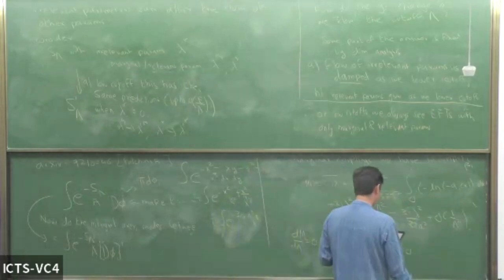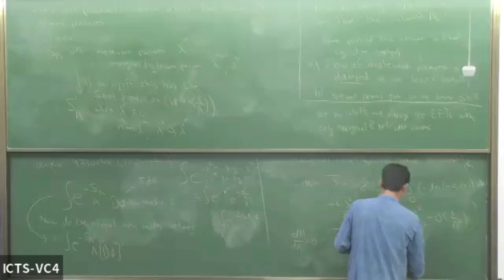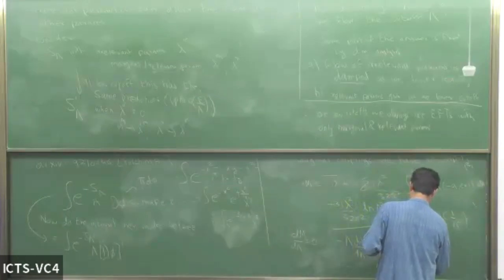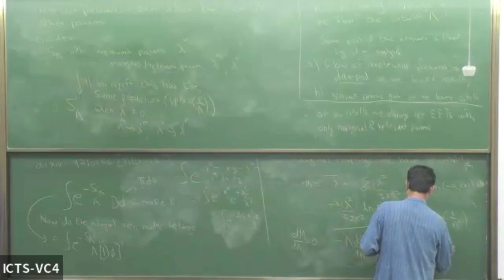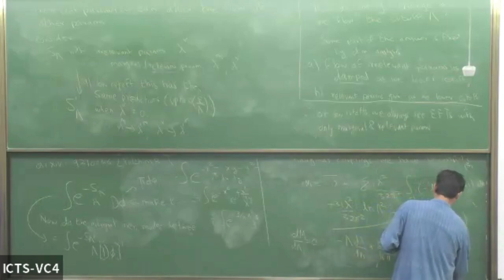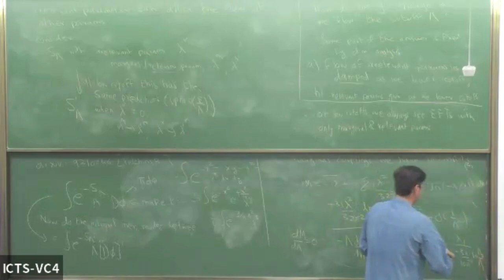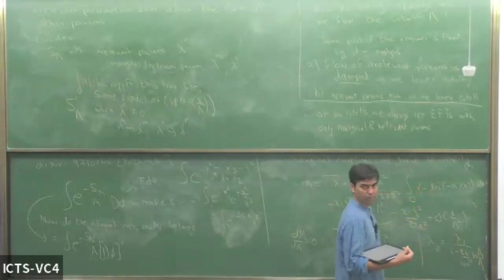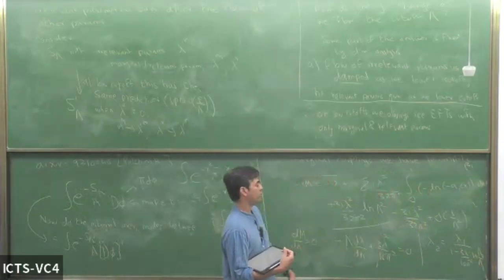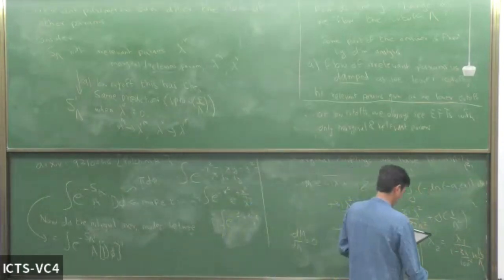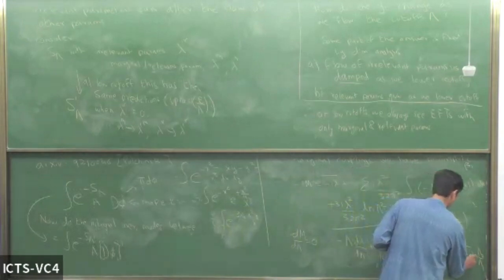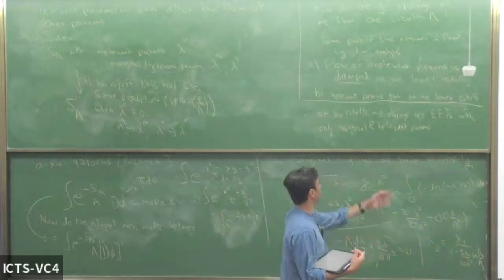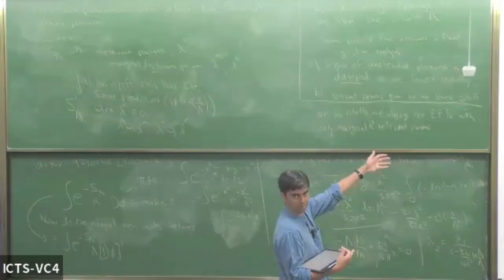And we already solved this, I think, last time. And the answer is that you'll find that lambda 2 is lambda 1 by 1 minus 3 lambda by 16 pi squared log of capital lambda 2 by lambda 1. So if you flow lambda from lambda 1 to lambda 2, then you have to change small lambda in this way. This is an example of how you can compute the flow of marginal parameters as well.